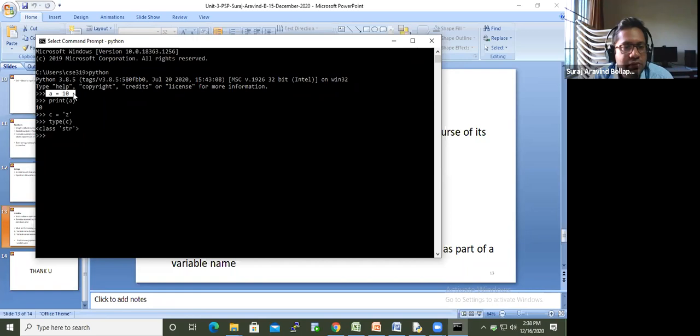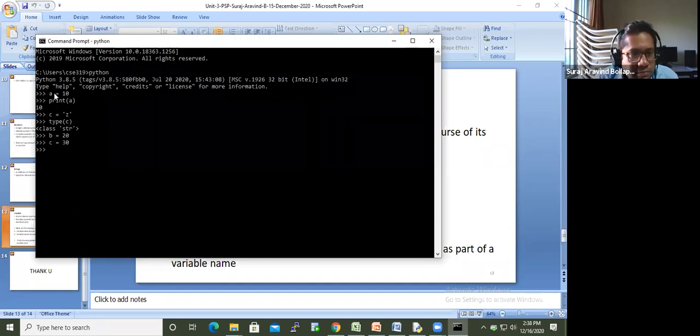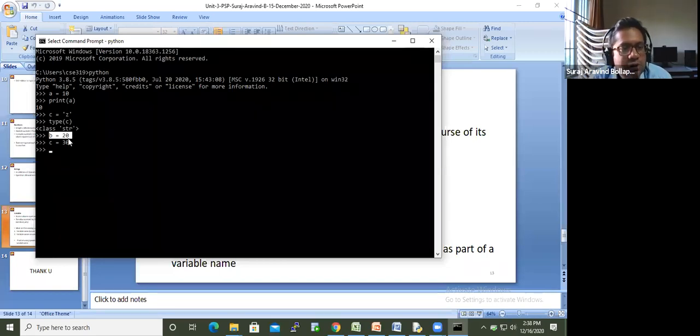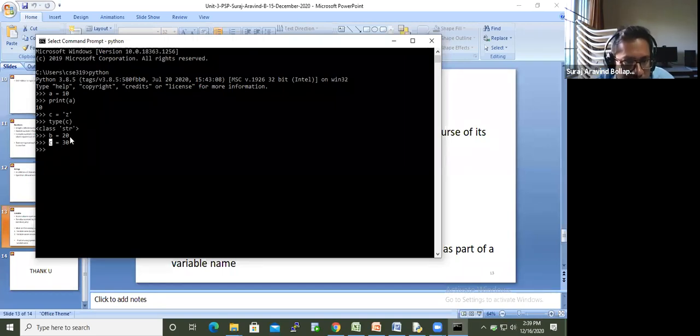So A is equal to 10, B is equal to 20, C is equal to say 30. The moment I type this and press enter, the Python interpreter will execute it and treat it accordingly. I am not printing it. I am only initializing values to variables one at a time.